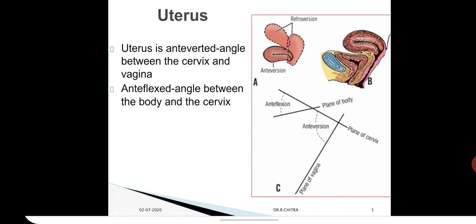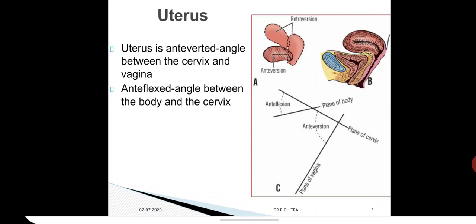Version means the relation of the uterus with the vagina around a transverse axis. This passes through the external os of the cervix. How is this anteversion maintained? It is maintained by a forward pull by one ligament and by a backward pull by another ligament. So what is this forward pull of the uterine fundus? If you see, it is giving attachment to the round ligaments. So it pulls the uterus front. Backward pull on the cervix is by the traction of the uterosacral ligaments.